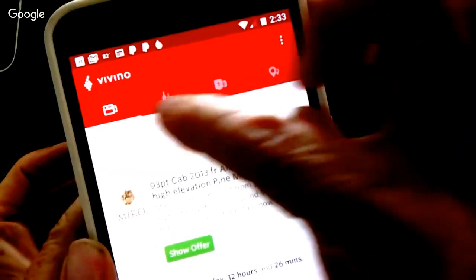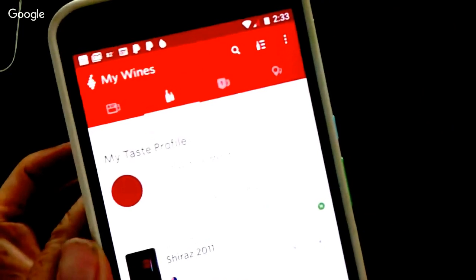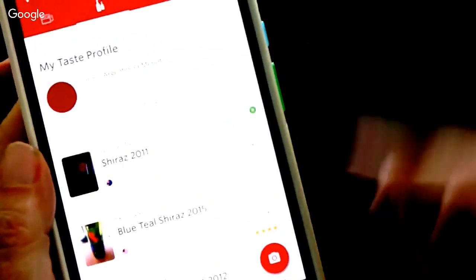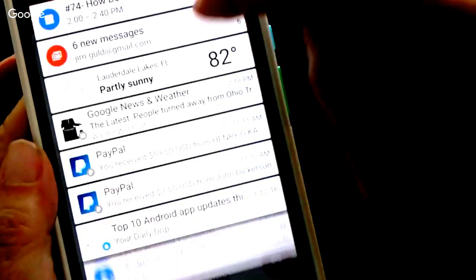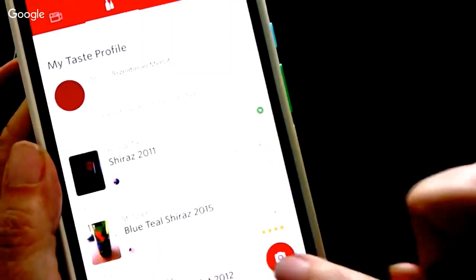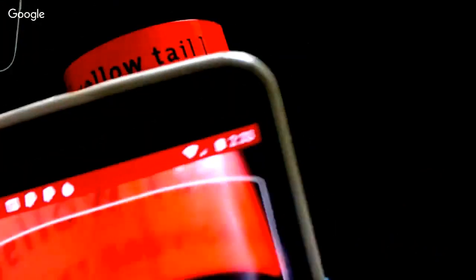The second button over there is where you can add a wine. These are my wines. So if you're in the store, you can just tap the camera at the bottom and take a picture of the label. Are they seeing that? It's kind of tough. Anyway, once you get it in there and you take the shot,